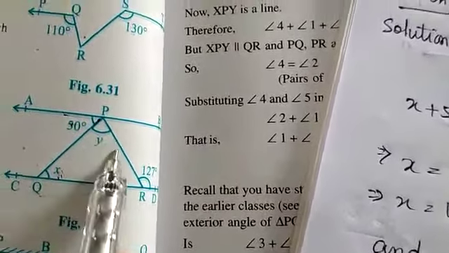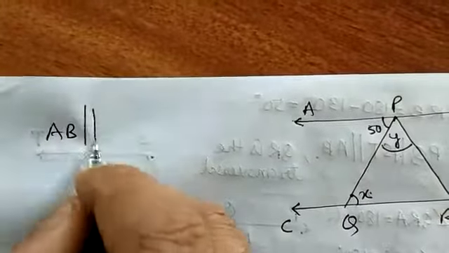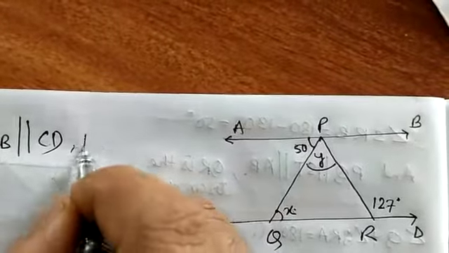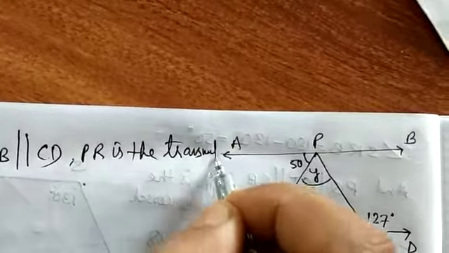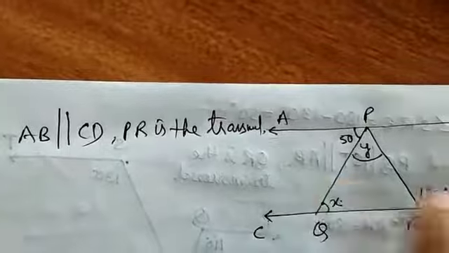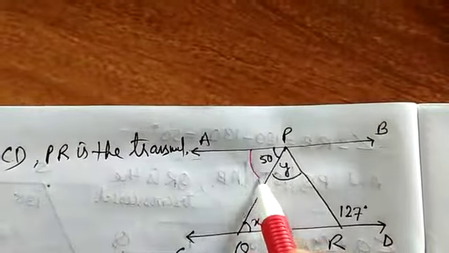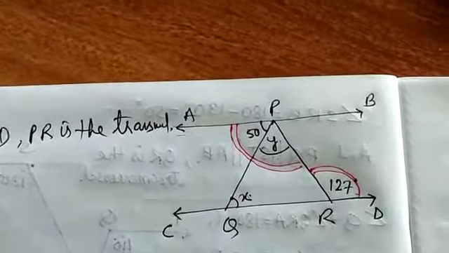Exactly the same process for the next one, again this line is parallel, and that I will write on the next page so that you can see the diagram also. The diagram is available here. AB is again parallel to CD, and now I am going to use PR as the transversal. If you look nicely, this complete angle, which contains Y, from here to here, will be equal to this angle. They are alternate interior angles.